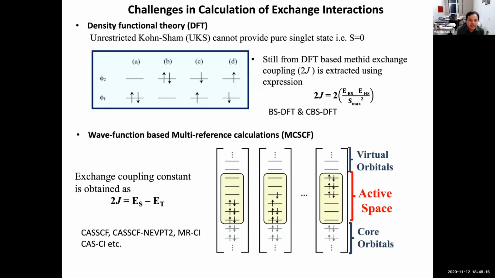However, the task is not easy because whenever we need to calculate the exchange interaction, we need to have the information of two different spin states. One is the high spin state, the other one is the opposite spin. One can say the ferromagnetic state and the antiferromagnetic state. However, calculating the antiferromagnetic state is not so straightforward because the singlet state or low spin state or antiferromagnetic state is a linear combination of several antiferromagnetic states, and this becomes very difficult within the density functional theory approximation, and for that we always have to rely on